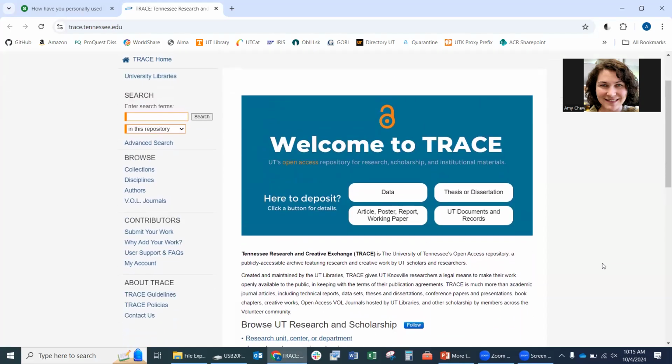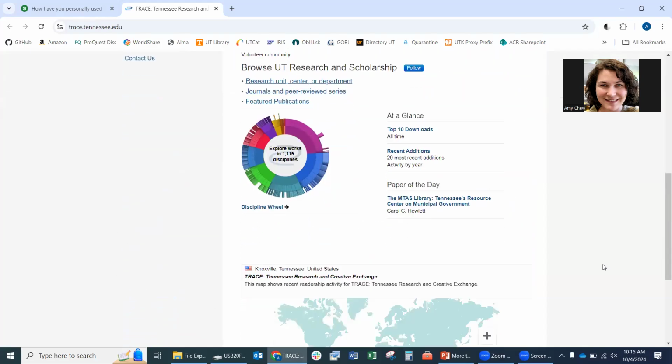As I mentioned, you can see different types of work that's in there. I'm going to show you some other things that were going to be on my slides, but let's just stay here where we can see this. Down here, we actually have a discipline wheel. If any of y'all were in the other digital repository presentation the other day, this might look familiar to you.